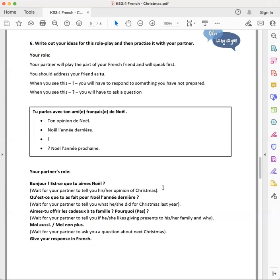Okay, the third one, so the surprise question. Aimes-tu offrir les cadeaux à ta famille? Pourquoi, pourquoi pas? So, do you like giving presents to your family? Why not? Moi aussi, moi non plus. Depends if you like them or not is your response. Me too, me neither. And then there'll be a pause and you need to ask a question about next Christmas. I don't know what that's going to be, so I don't know how to respond in French, so I'll just say